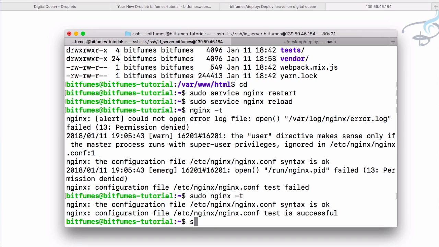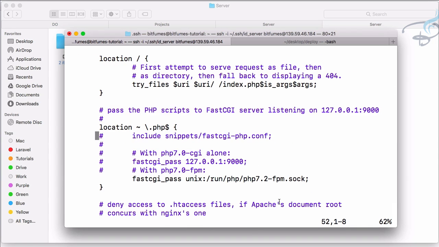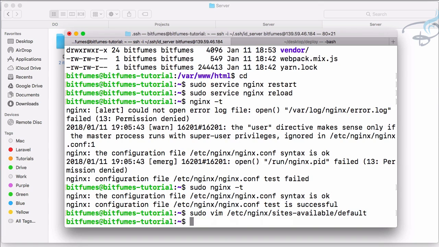This means we have some problem in the Nginx configuration. So sudo vim /etc/nginx/sites-available/default, and all these things opening with vim. Okay, so the important thing we have missed out, we have to uncomment this one also, include snippets/fastcgi-php.conf. This means if I now save and quit